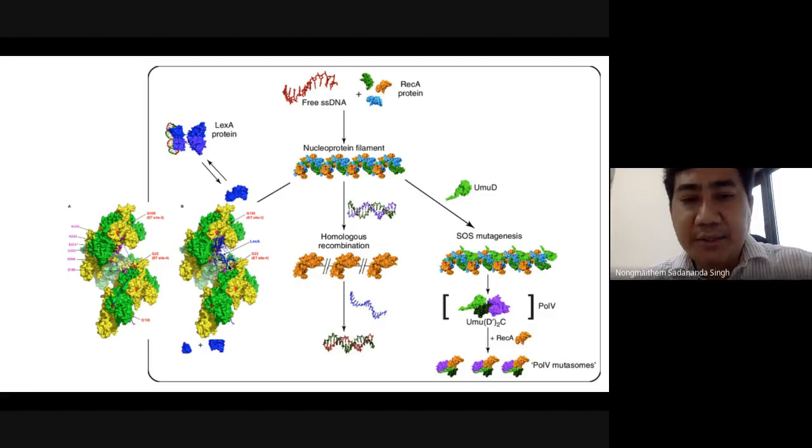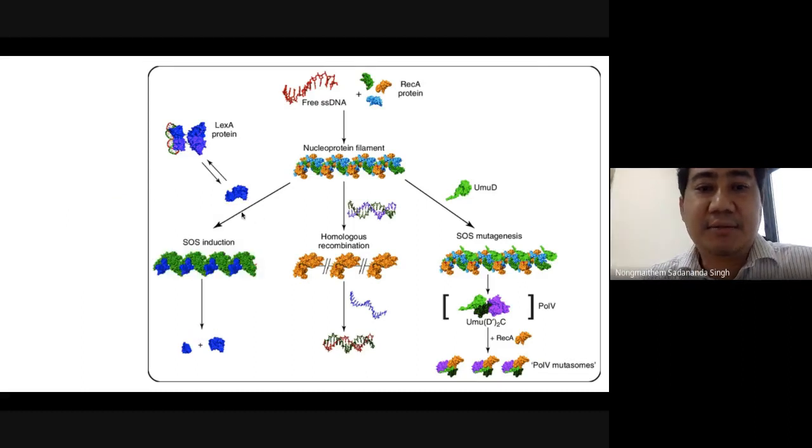So when there is DNA replication fork stalling, or homologous recombination repair wherein you have the RecA polymer formation, or conjugation where the single-stranded DNA can be recognized by RecA and form a filament of RecA, it allows the formation of a binding site of a protein called LexA. So why is it important? Once LexA binds to this filament of RecA,